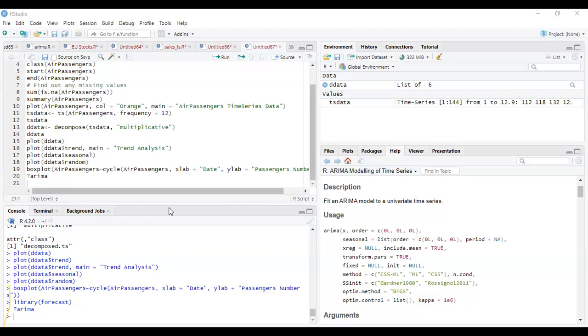Okay, now ARIMA model has three parameters. That is P, D, and Q. What is P? Number of autoregressive terms, AR terms. D, how many non-seasonal differences are needed to achieve stationarity, and Q, number of lagged forecast errors in the prediction